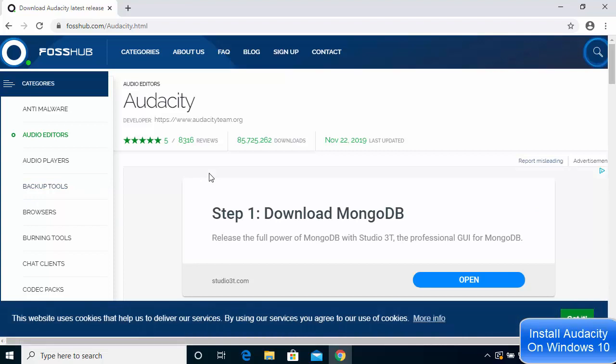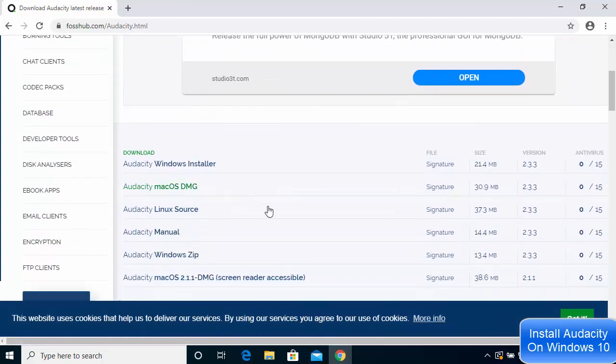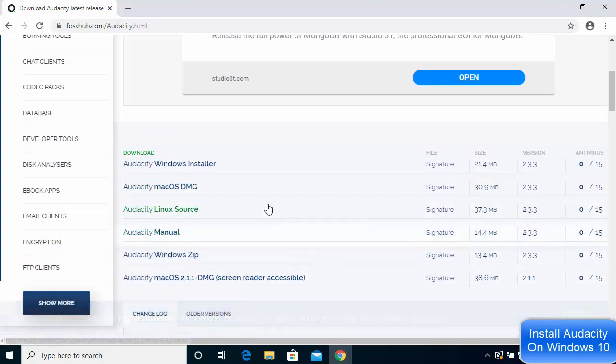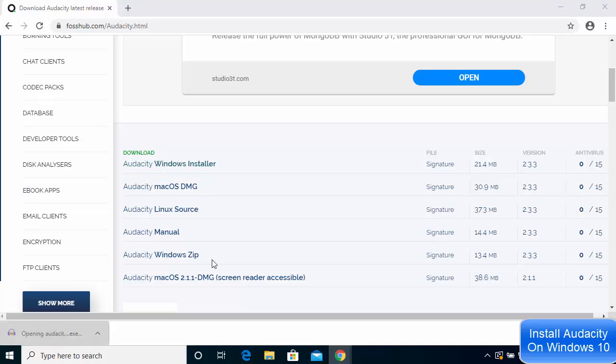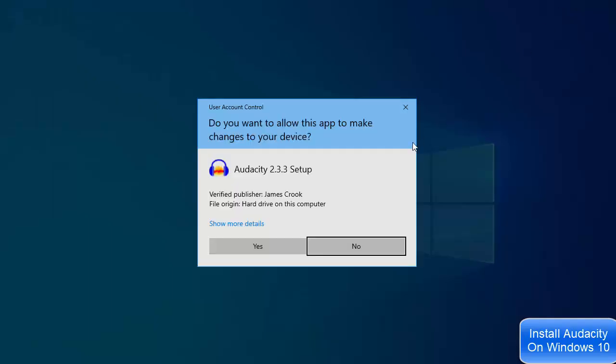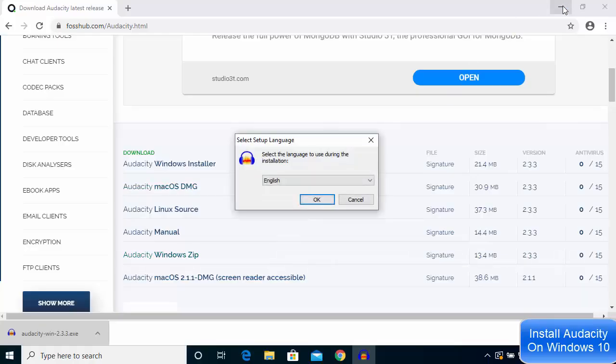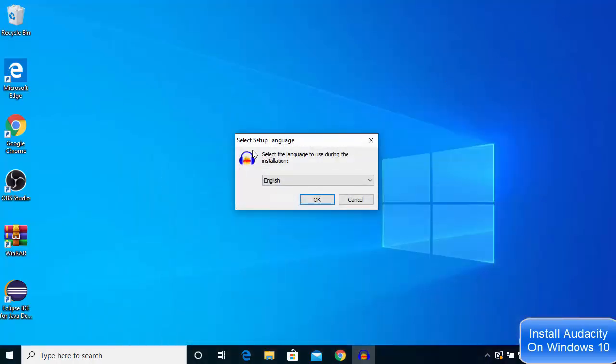And then here I will scroll down a little and here you will see all the options. So I'm going to choose this option which says Audacity Windows Installer. So just click on this option which is going to start the download of this Audacity-win-2.3.3 exe file. So once this executable file is downloaded, I'm going to just click on this exe file and then I'm going to just click yes and then I'm going to minimize the browser, and this is the first